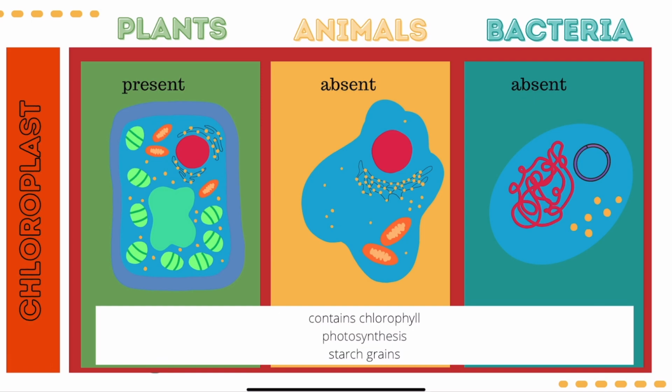Chloroplast. Chloroplasts are present only in plant cells, and are absent in both animal and bacteria. Chloroplast contains the coloring known as chlorophyll. It is the green pigment responsible for trapping the light in order for photosynthesis to occur. This is the main reason why plants can create their own food,